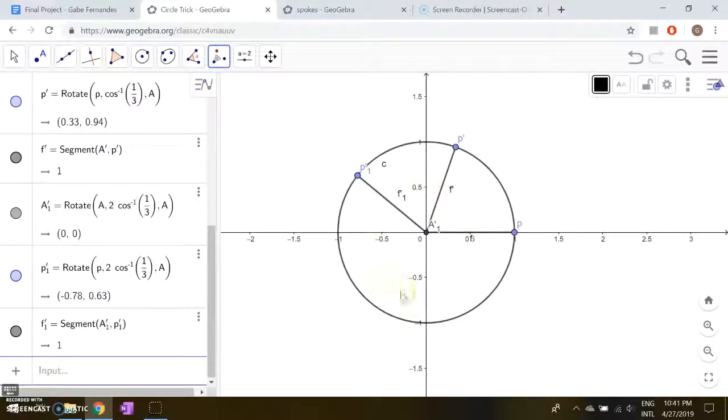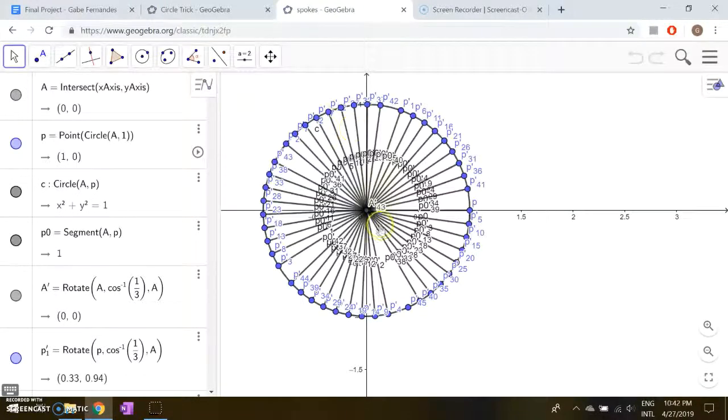So we can continue to do this infinitely many times, and no matter how many times we keep rotating around, none of the radii will overlap with each other. Right here we have an example, you can see it gets a little messy, of 45 or 50 radii all coming around. And we can have billions, we can have trillions of them, they will never overlap. That has to do with the fact that the irrational number arc cosine of 1/3 doesn't divide 2 pi, and we're able to just continuously do this.